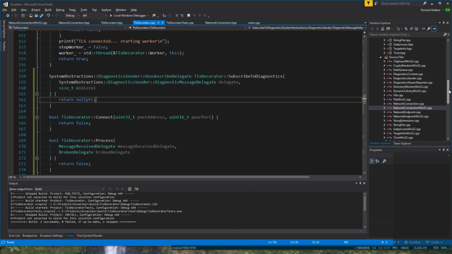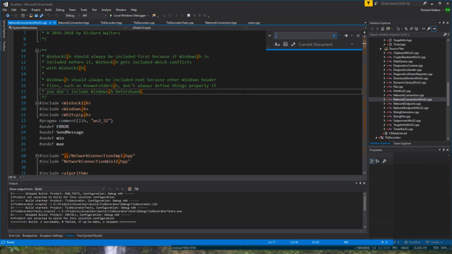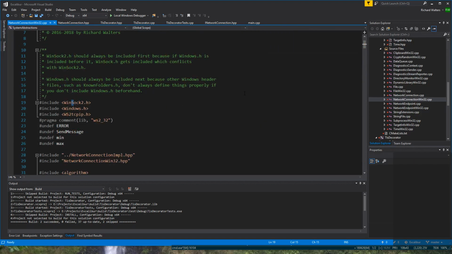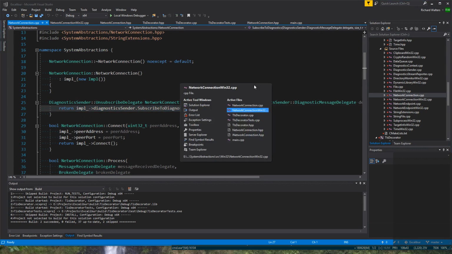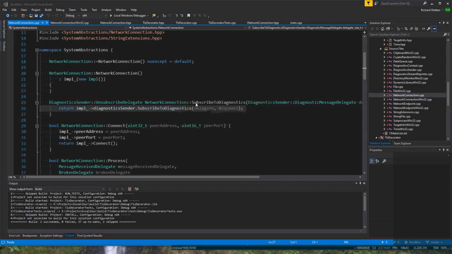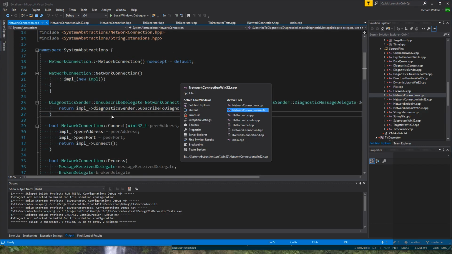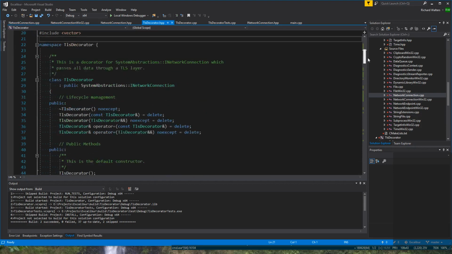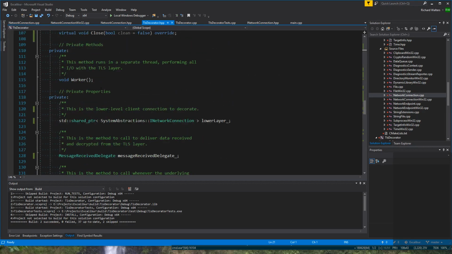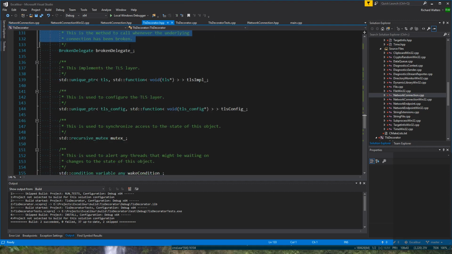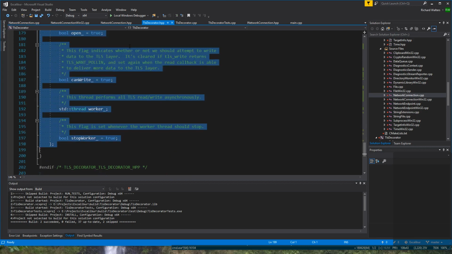So to get to the subscription stuff, I'll just copy what we did in network connection itself. Actually, it's the cross-platform part. We just did this. Oh, this impl reminds me. Before I do that, I need to do the second step of separating the interface from the implementation. So I have the header separated from the code, but I have not separated the private methods and properties yet. So to do that, we take all of them basically